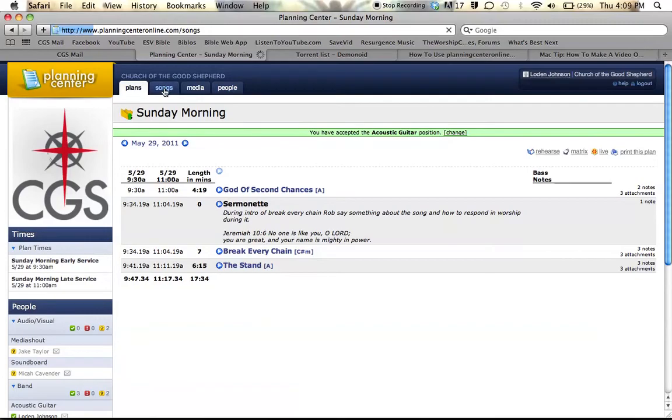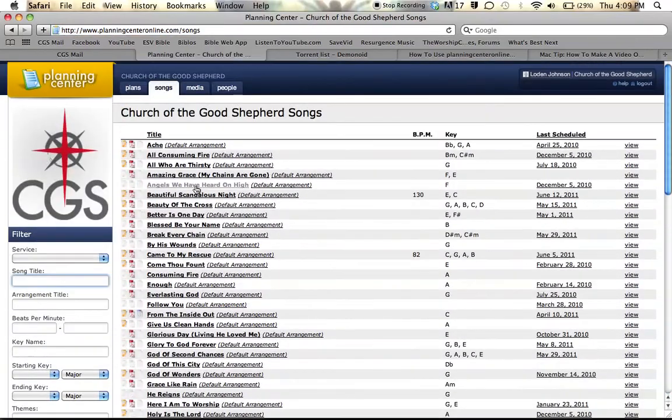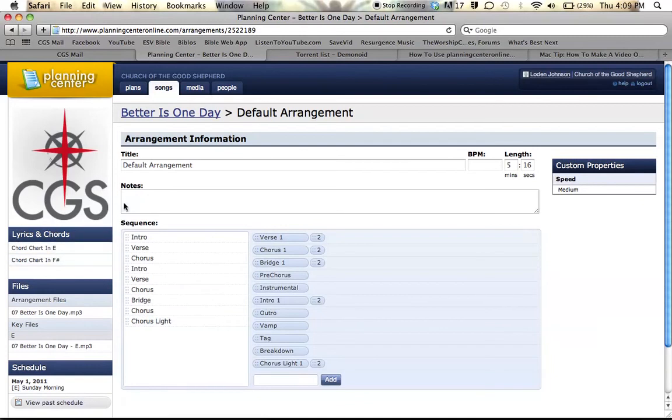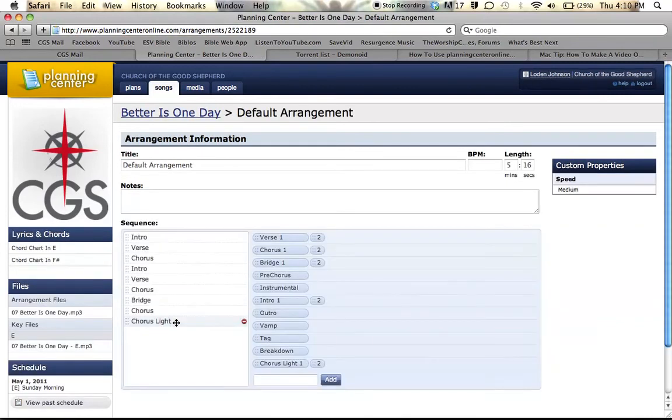If you want to take a look at the songs, we have all the songs loaded up here. If you wanted to print them off for your own purposes, make sure to print the songs yourselves. The reason I say this is it's going to help us keep the stage cleaner, because when you go into songs, then go to default arrangement. I'll do that again. I clicked on the song that I wanted, then click on default arrangement. Then it's going to show you, here's Better As One Day, and here's the 2 chord charts that are loaded for it. When I click on one of these to download it,